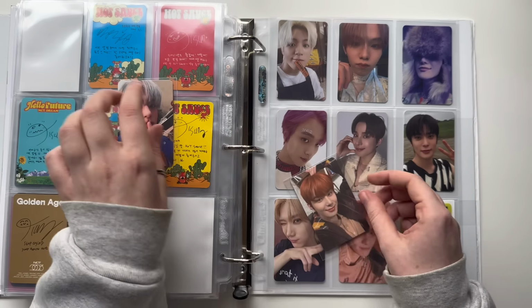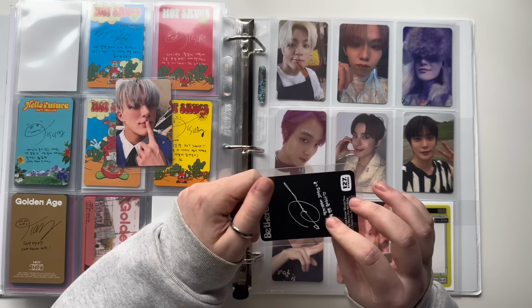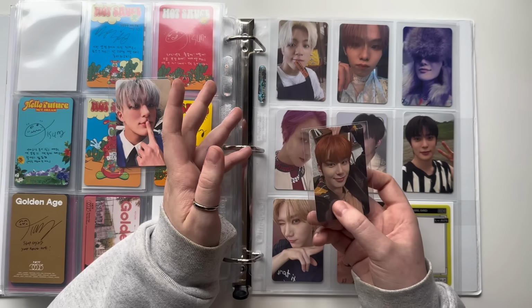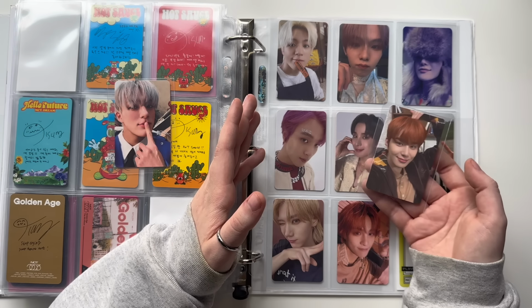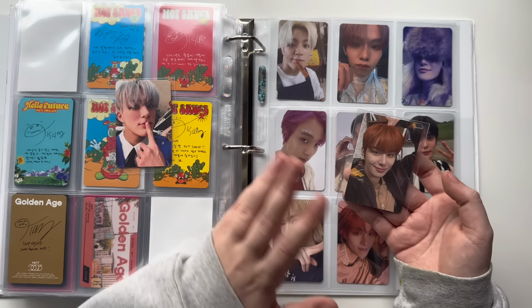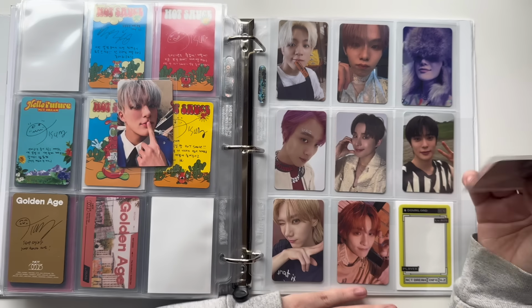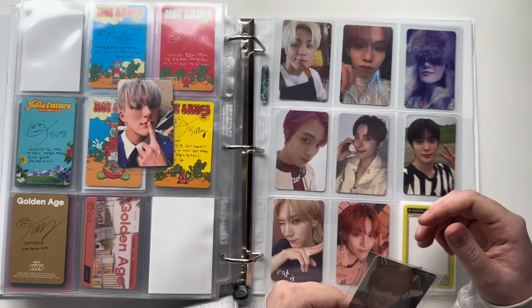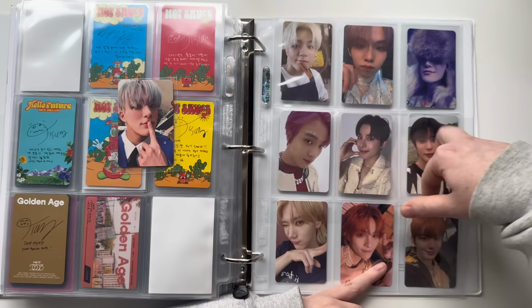So this works perfectly. And then I also got this Jungwoo Target version Be There For Me card because I bought obviously the Target version of Be There For Me, and I pulled Jungwoo. Originally I was like, maybe I'll trade whoever I get for Johnny, but since Jungwoo's my bias, or second bias, I have to keep him. So honestly, I'm just gonna put this Jungwoo here, and then I'm gonna put this Geno on the